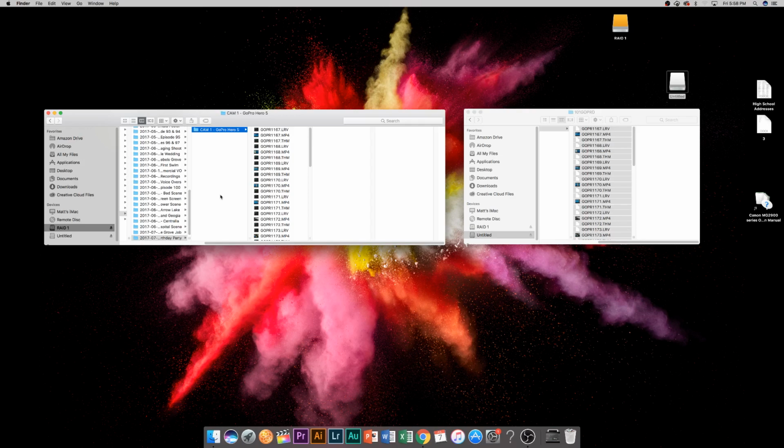So we have a ton of SD cards. That way we can make it easier on ourselves for overnight kind of productions. But once it's all in here, the actual footage on the RAID system, we'll take this and copy it over to the other RAID system, which is at an offsite location, which I'm not going to show on camera because it basically is just copying this file that's right here and pasting it into the other drive